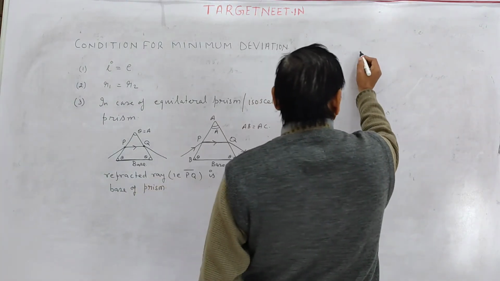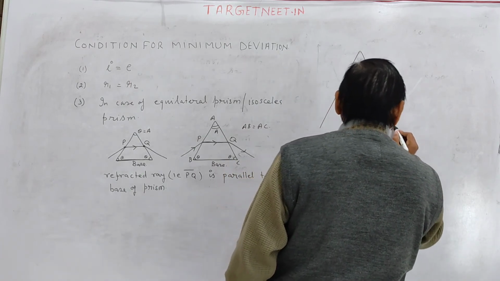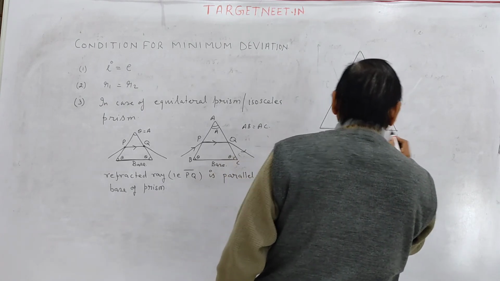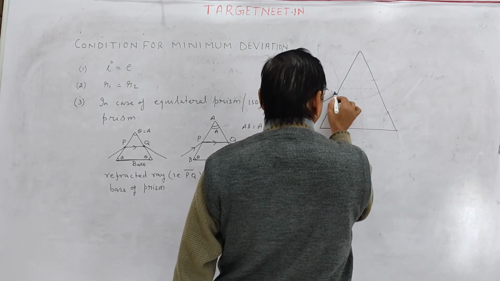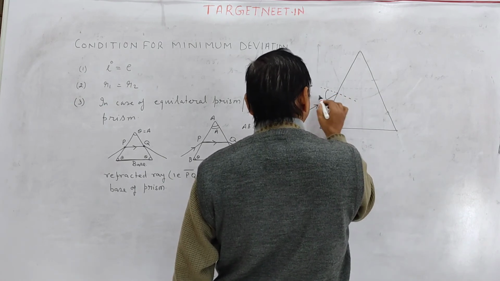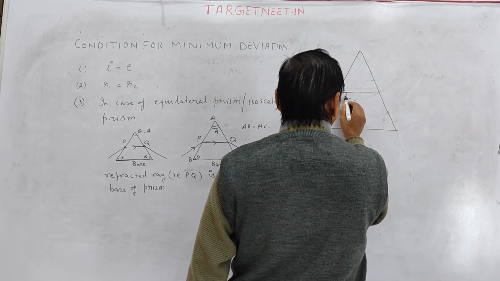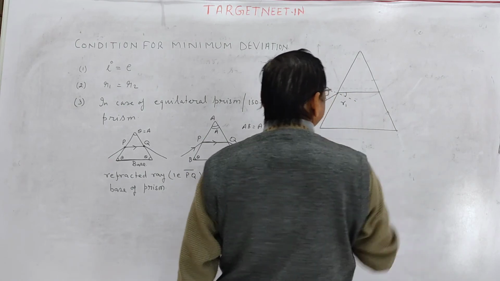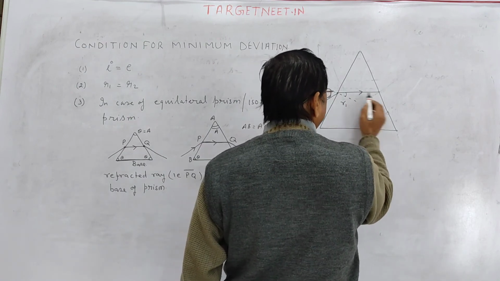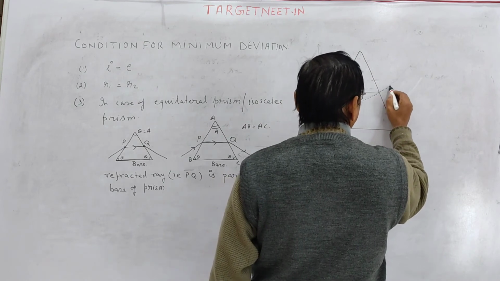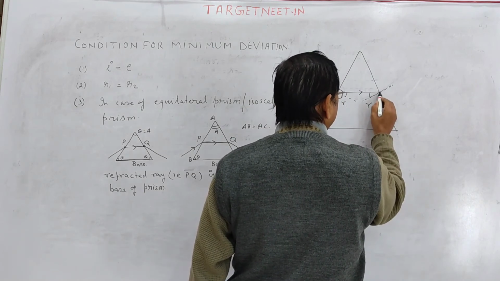Now, deviation in a prism we have seen in the first class: deviation occurs at both the surfaces. This is the first refracting surface, and the angle of incidence, let this be R1. Here I am taking the minimum deviation position, that's why R1 will be equal to R2. This is R2 and this is the angle of emergence